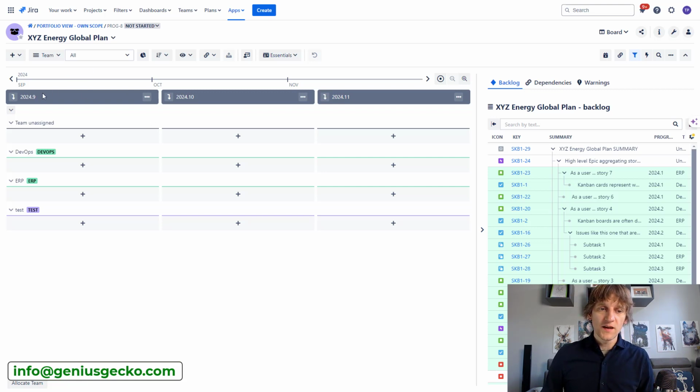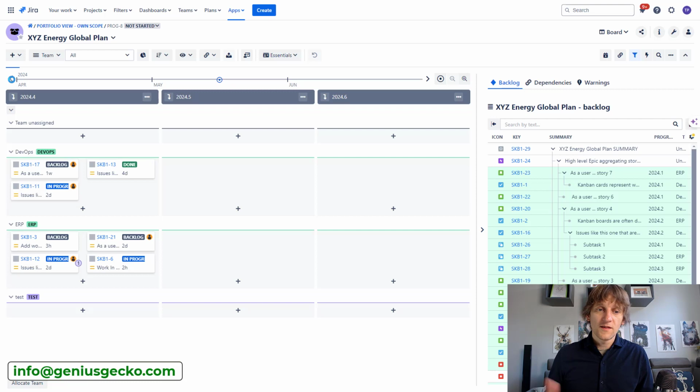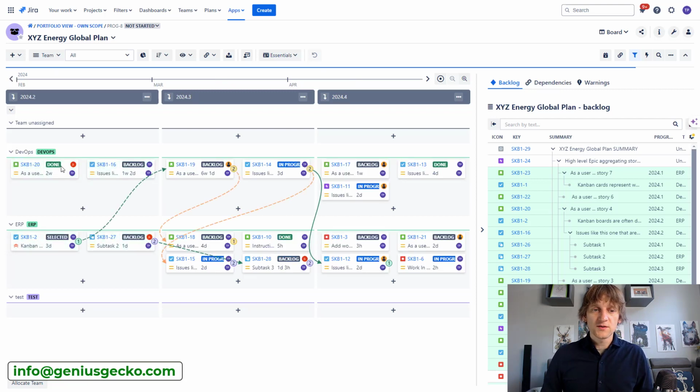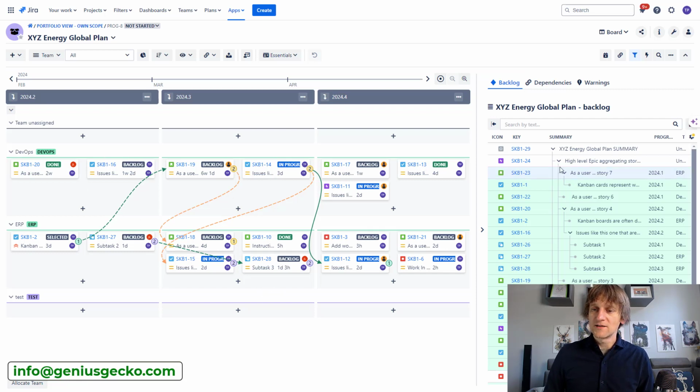This is one of the cases that I did for our customer that actually has it divided per month, right? So our time boxes are months, and that's also possible. You can do months, quarters, whatever you need over here, and that also works. So there's nothing wrong with it. So I'm just scrolling back in time to show you that this is how the planning could look like. You basically have the backlog on the right hand side over here. Let me close this. And you drag and drop items to proper teams, proper boxes over here, proper time frame,